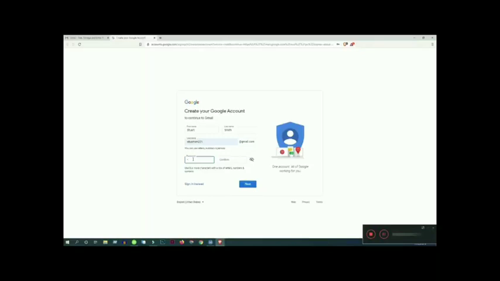Then I'm putting my password here, created with symbols, numbers, and alphabets. Now I repeat and put my password here. Click on the next button.